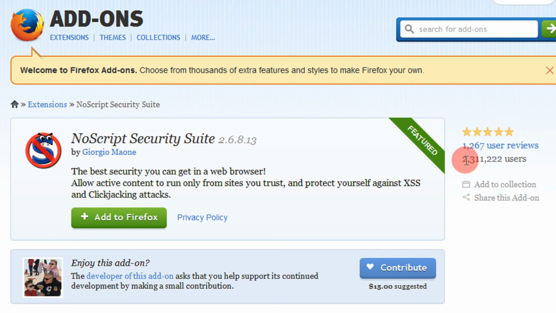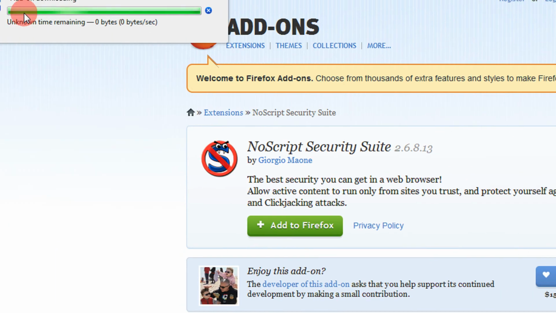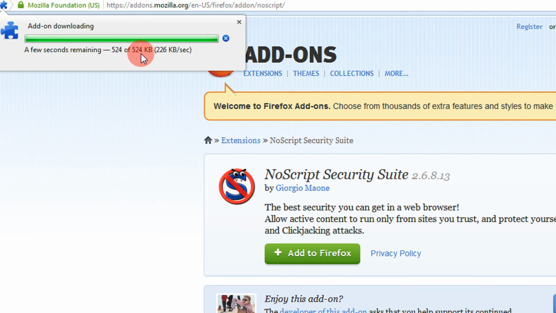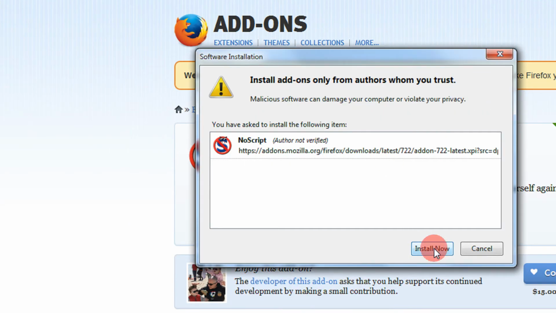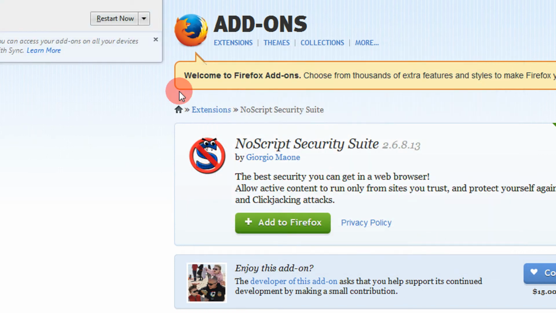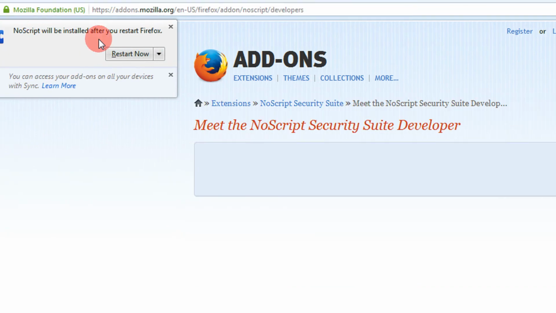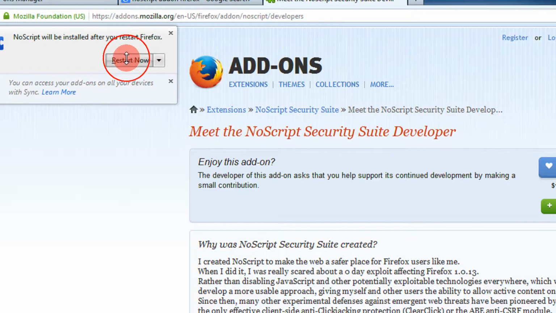It's a very featured add-on, with around 2 million users. So just come to this and click add to Firefox. It's a lightweight plugin. It will ask you to install. Click install now, and it will ask you to restart. So you need to restart to make sure NoScript is enabled.